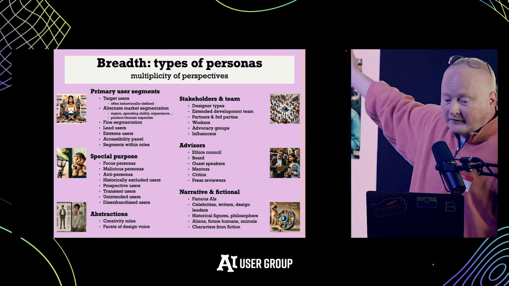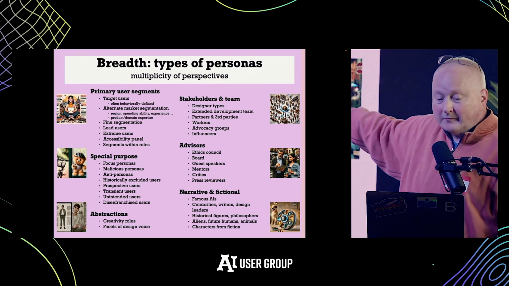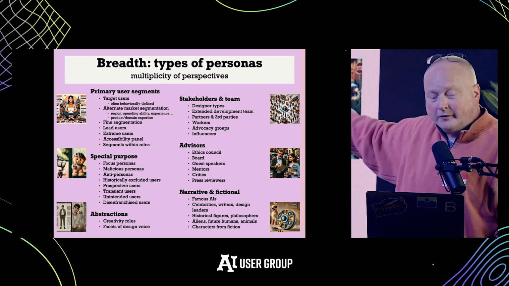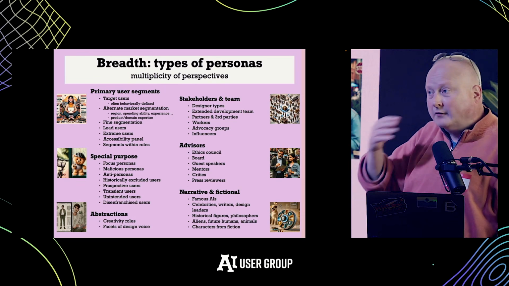You can talk about your stakeholders, so you can talk about your development team, other designers on your team. Workers as stakeholders turns out to be, I think, a really good one. If you're designing for a retail store, you often think about the retail customers, but the salespeople also need to have access to your system, and they need to be happy with it. That often is treated as second and not considered right away, and they end up having a bad user interface because they weren't treated as a first-class user. And now you can easily make personas for them and include them in your process.